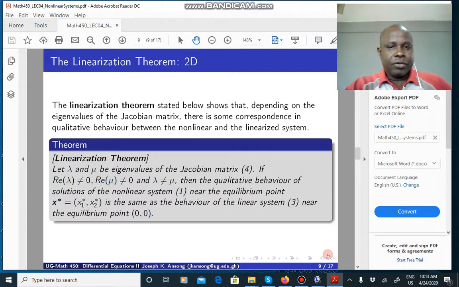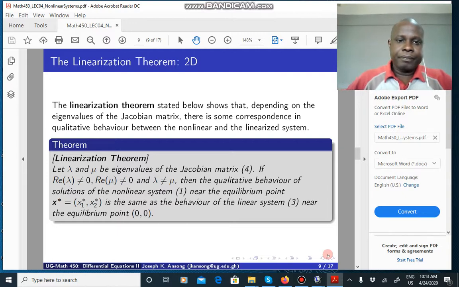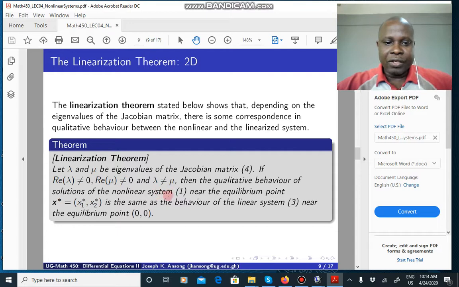Hello everyone. So we are continuing with the previous lecture. We ended with the linearization theorem, which states that given that lambda 1 and mu are eigenvalues of the Jacobian matrix from the linearized system, if the real part of lambda is not 0, the real part of mu is not 0, and they are not equal, so you don't have repeated eigenvalues, then the qualitative behavior of solutions of the nonlinear system near the equilibrium point is the same as the behavior of the linear system near the equilibrium